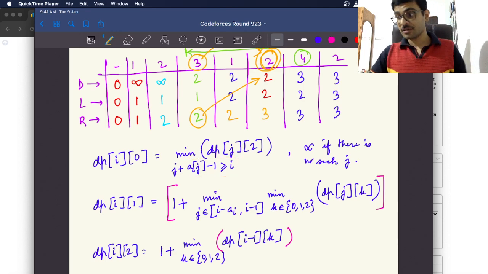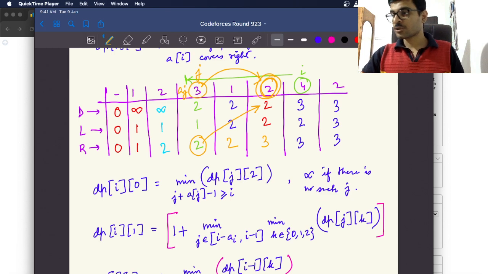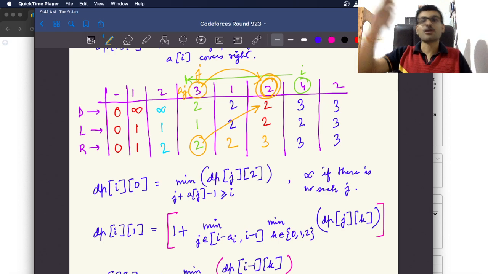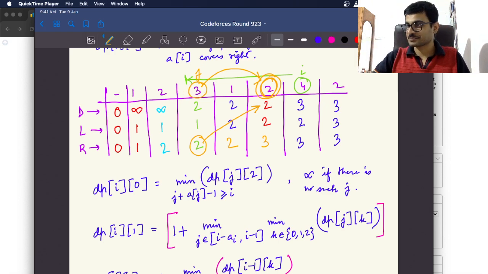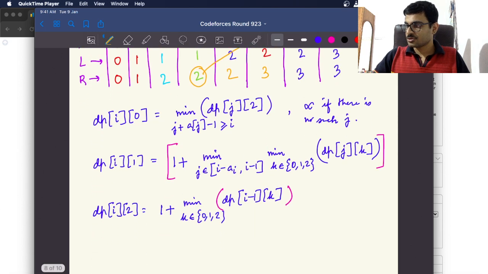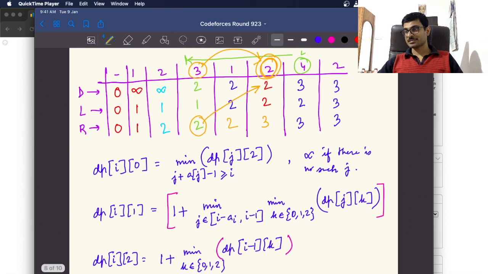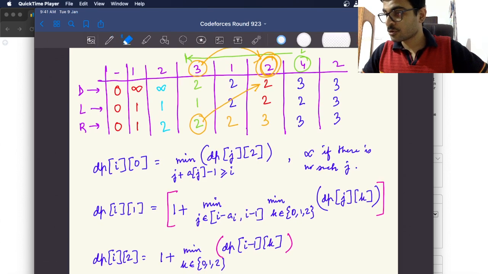What is this? Basically, if this is j and aj is this element, this can go up to j plus aj minus 1. Now that should be at i or after i, so that i gets covered within that. So j plus aj minus 1 has to be greater than or equal to i. Got it? Okay, so that's it. Now this is how I have basically filled up this entire table. If you look from the left,